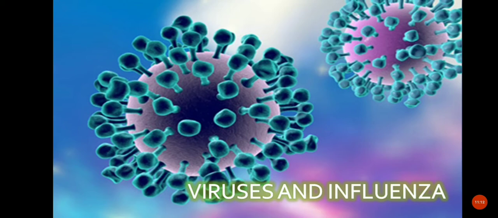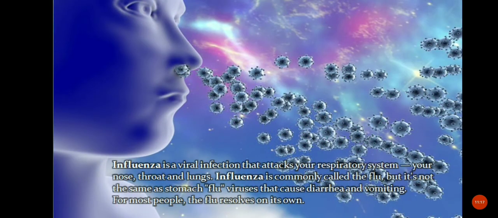Next are the viruses and influenza. Influenza or flu may arise from different strains of influenza virus, such as type A and B, Asian or Hong Kong. Flu vaccine is given every year depending on the strain that is currently potent and being spread. So this is a viral infection that attacks your respiratory system, your nose, your throat, and lungs. Influenza is commonly called